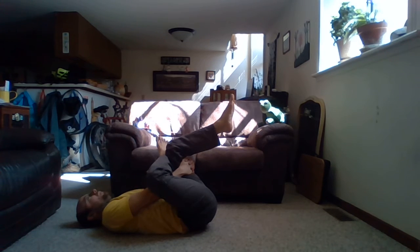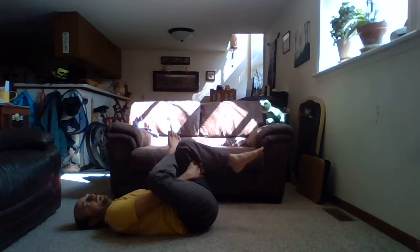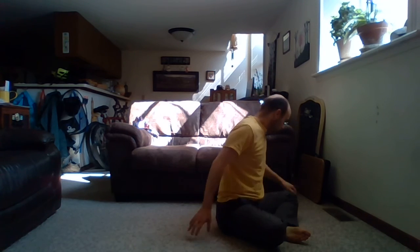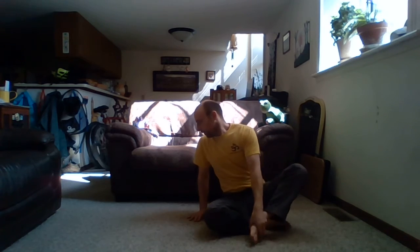Relaxing the roof of the mouth, feeling your body grounding. And then go ahead and relax both legs out onto the ground. Just take some time for introspection. This can transition right into Shavasana. Eyes can be gently open or can be closed. Just taking a few moments to run a body scan, beginning by feeling the backs of your heels on the ground,